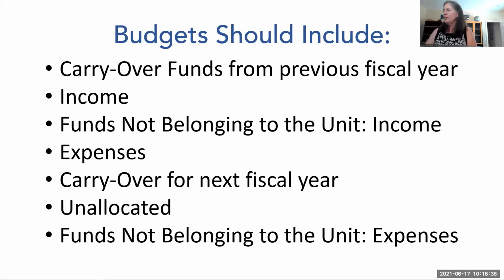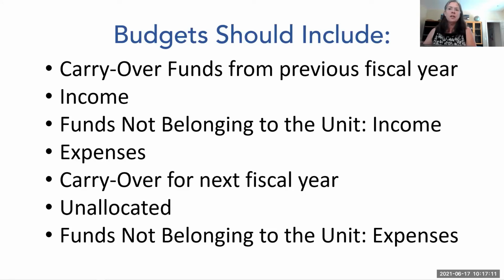The carryover funds for next year, you can do that as a separate line item, or it also can just be whatever the ending balance is projected to be. We recommend at least 10% of your annual budget expenses as a guideline, but some of that depends on what kind of events you do right off the bat at the beginning of the year. The unallocated funds are funds that you haven't decided what to do with yet. And we do have examples of the actual budget, so I can talk about that in a little bit.